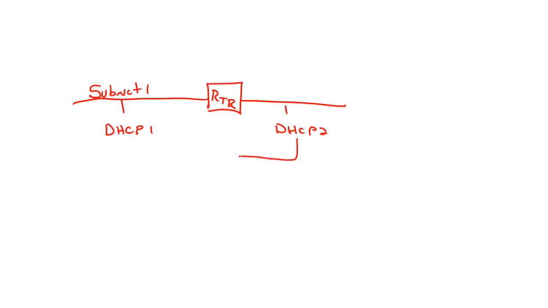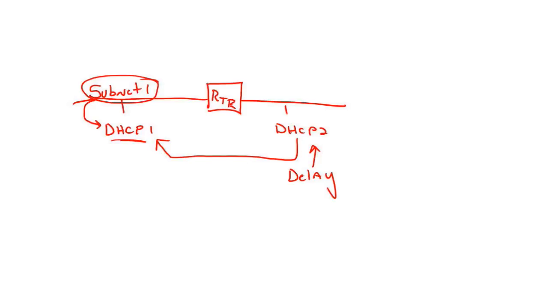DHCP 2 is going to back this DHCP server up, but as long as DHCP 1 is up and running, I want all of my users on Subnet 1 to get their address from that server. What I can do is I can put a delay